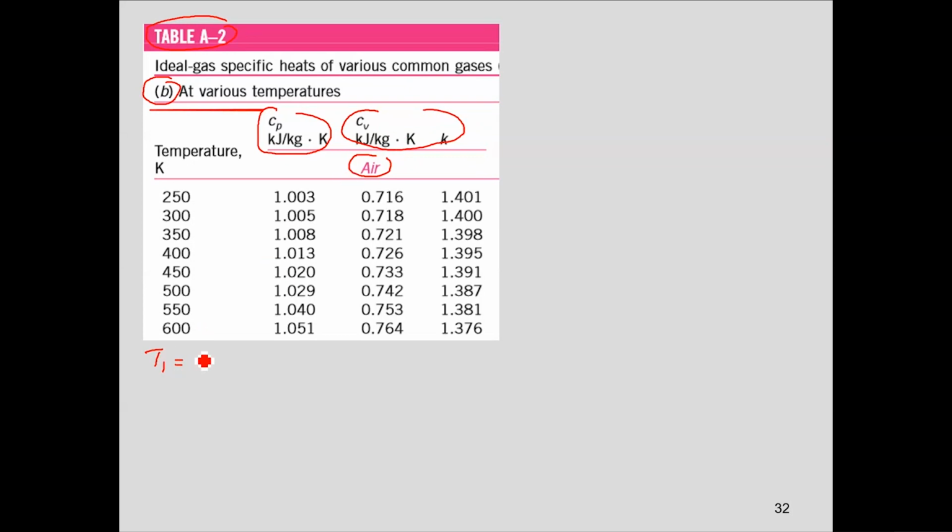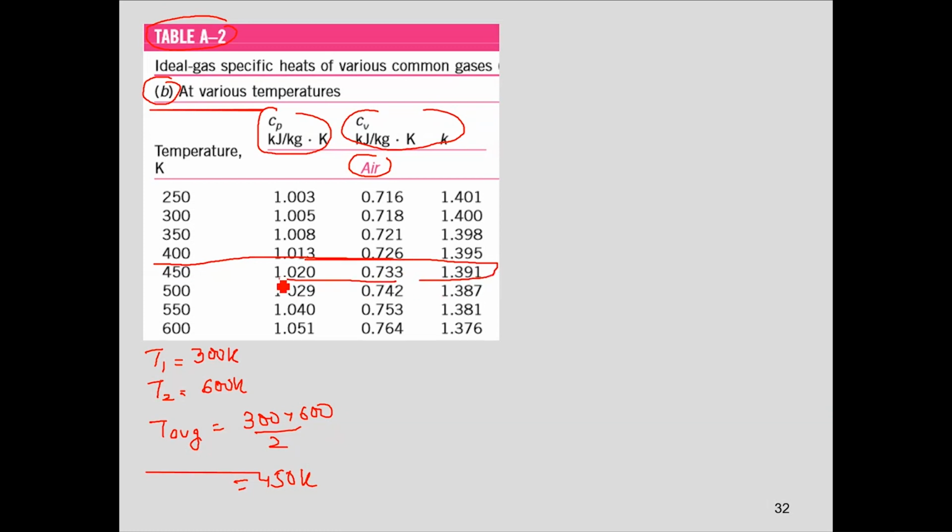The first temperature was 300 and the second 600, so the average temperature is 300 Kelvin plus 600 Kelvin divided by 2, which comes out to be 450 Kelvin. If I look at this table, 450 Kelvin is mentioned against these values, and since I have to calculate the delta U,